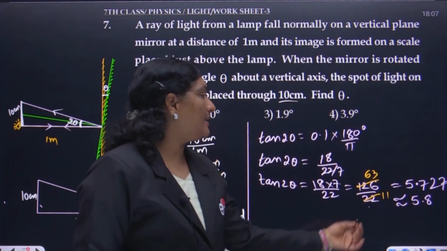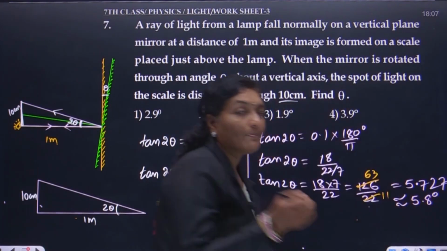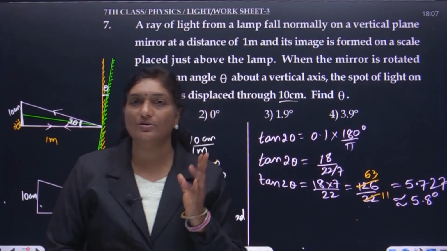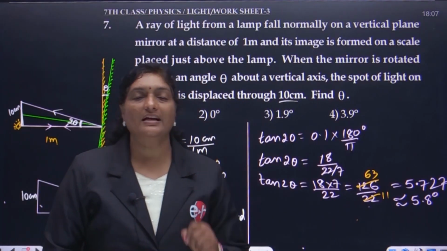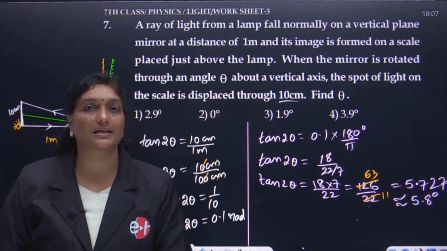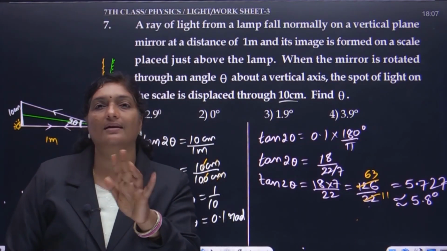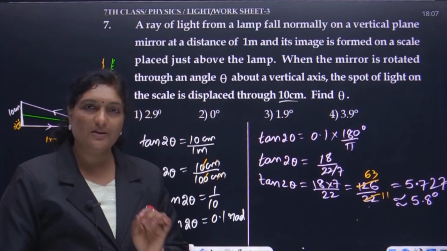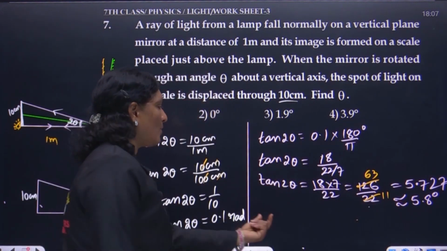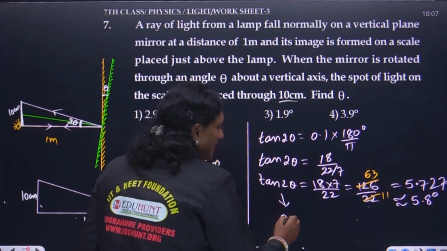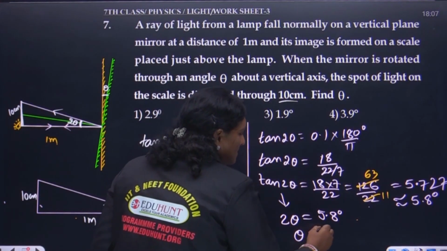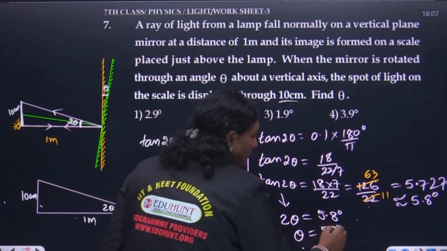Tan 2 theta we hardly get it as 5.8 degrees, and 5.8 degrees is a very small value. For smaller values of angle, remember children, the trigonometric function like sin theta is approximately taken as theta, whereas tan theta is approximately taken as theta only for smaller degrees which is less than or equals to 5. Okay, so very for small angle. So for this, as the angle is very small, I can approximately consider tan 2 theta as 2 theta. So 2 theta is found to be 5.8 degrees, or theta is equals to 5.8 upon 2, and that is equals to